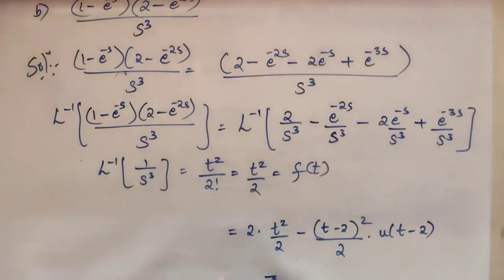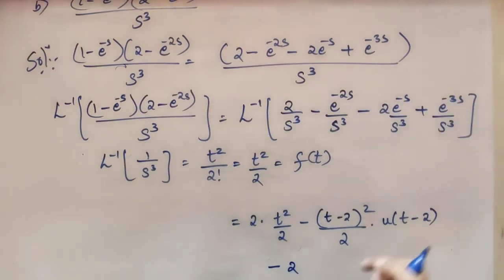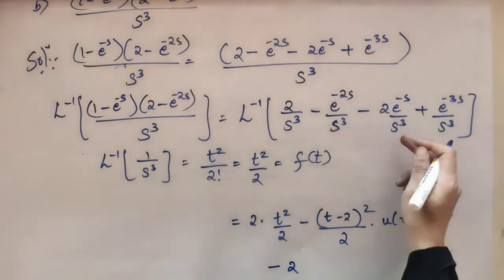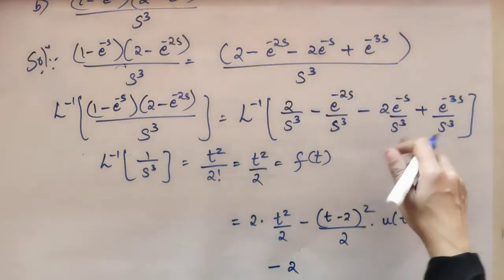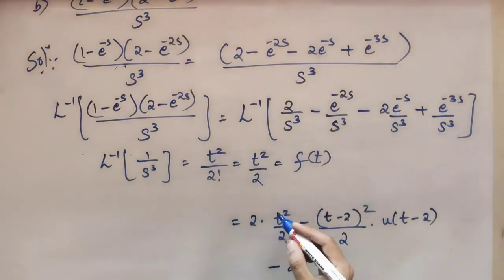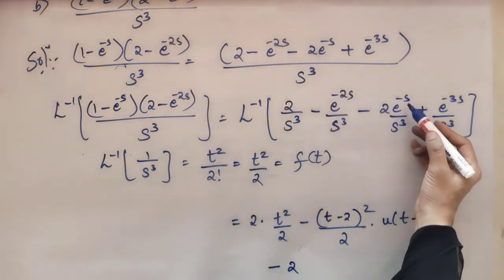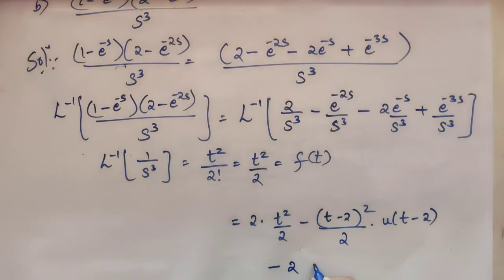Similarly, keep the minus 2 as it is. The solution for the third term, it will be what? Again it is 1 divided by s cube, is it not? And its inverse Laplace transform, you all know it is t square by 2, but it is multiplied with e to power minus s. So because of this, the value for a here is 1. So t minus 1 square divided by 2 into u of t minus 1